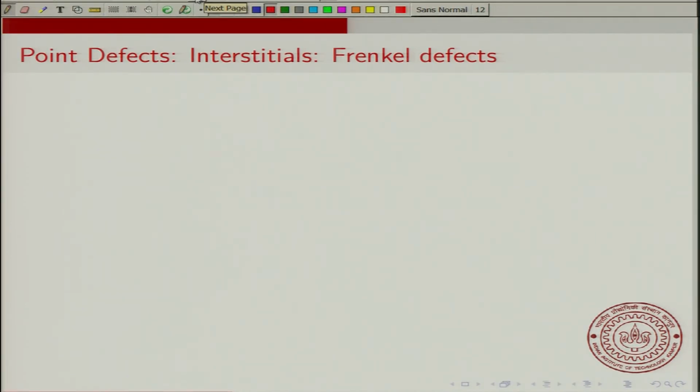Frenkel defects are different kinds of defects. These are interstitials. The canonical example of a Frenkel defect is silver chloride. You have Ag plus and Cl minus. This is another ionic crystal which also crystallizes in the rock salt structure. If you just show it in 2 dimensions,